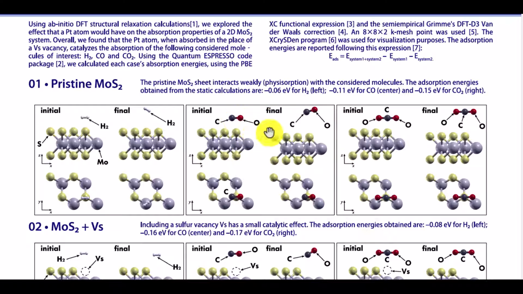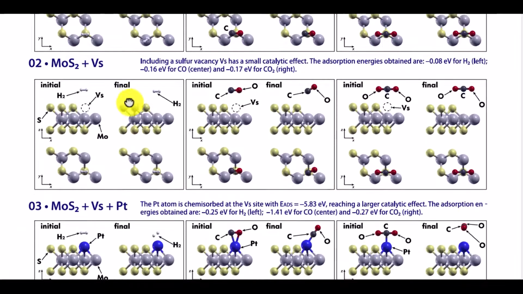For CO, we have a slightly larger energy of 0.11 electron volts, which could be considered as adsorption. And finally, for CO2, we have an adsorption energy of minus 0.15 electron volts, which could also be considered as adsorption. We placed the molecules in the three cases over one sulfur atom,